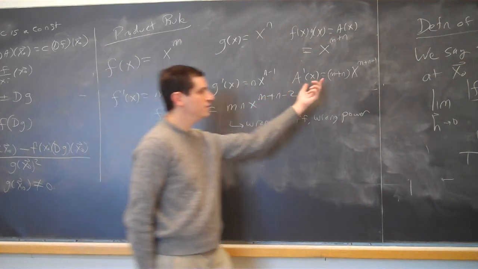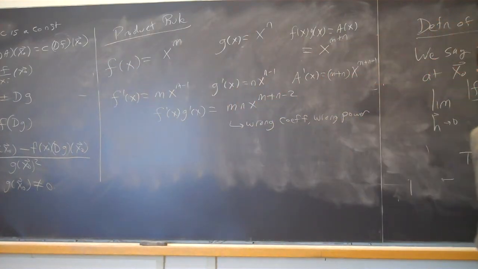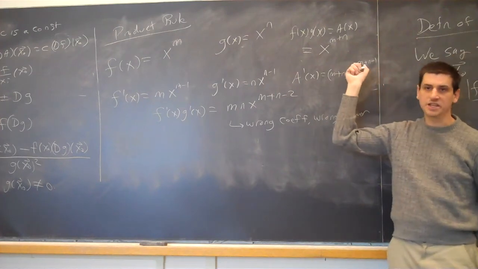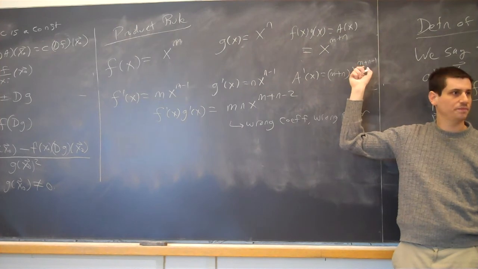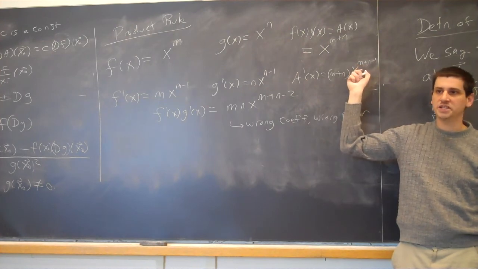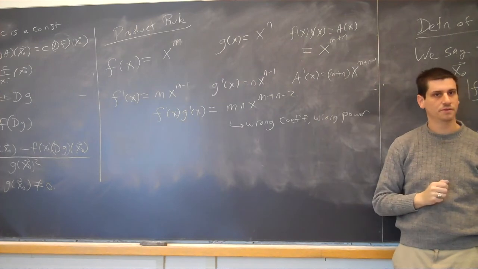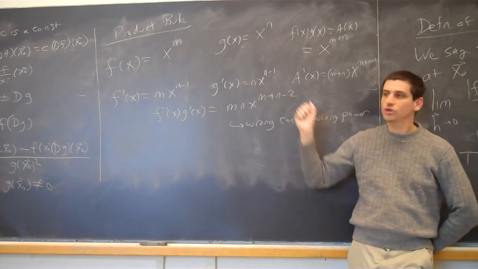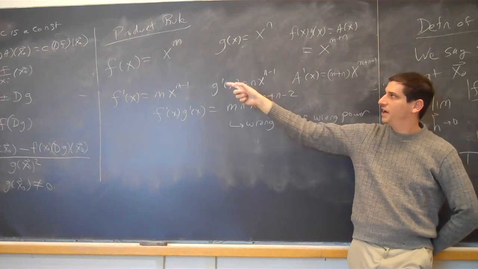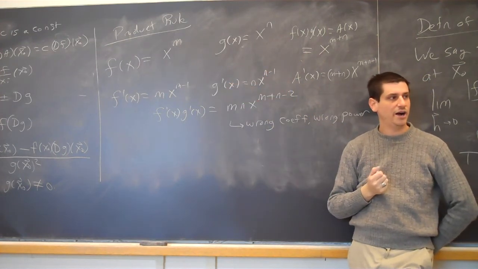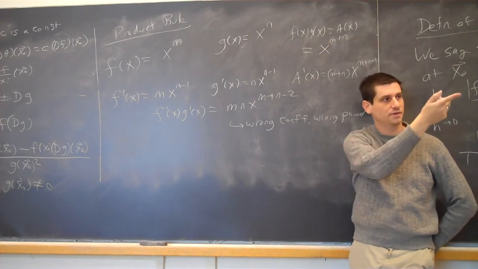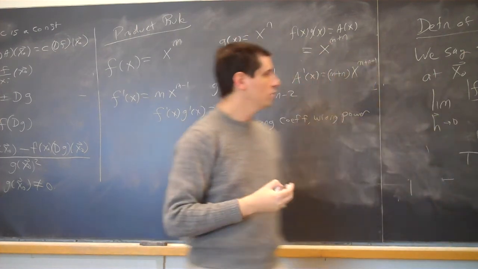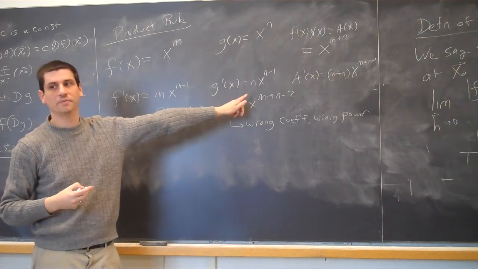But we know what the derivative is. The derivative is (m plus n) times x to the m plus n minus 1. Looking at this, can you see any ways to get an x to the m plus n minus 1 term? How could we get an x to the m plus n minus 1? One possibility is I could take a 1 over x, but looking at my constituents, these are my building blocks. I have f, g, f prime, g prime. How can I get an x to the m plus n minus 1? x to the n times g prime of x. Good. So I could do f of x times g prime. What else could I do?